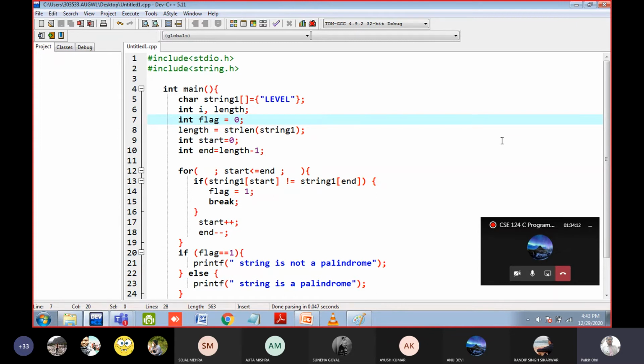In the line number 12, I have written a line, start less than or equal to end. It is the stopping condition. If the number of elements is odd, at one point, start and end will meet, then you have to exit from the for loop. Means it is a palindrome, you have checked everything inside the array. If the number of elements is even, at one point, start will overtake the end. Means start value will be greater than the end variable value, okay? So at that point, you have checked everything inside the array, you have to stop. So that is the meaning of these lines.